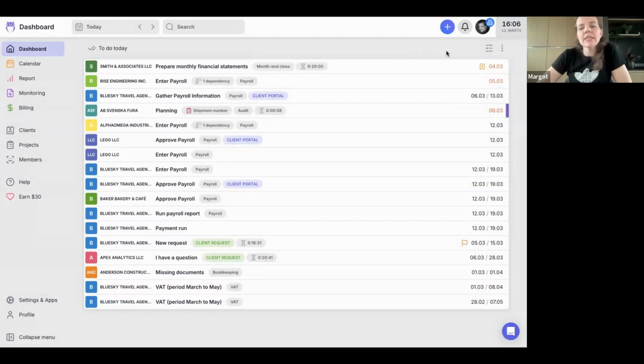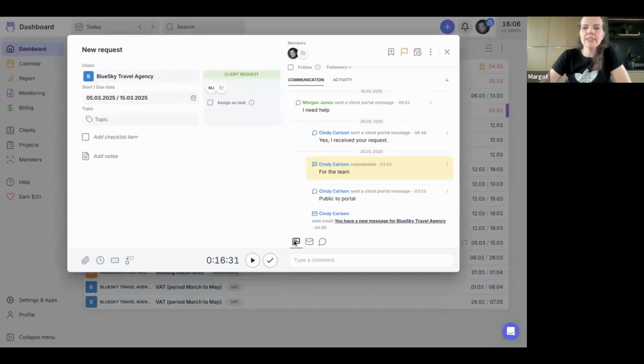Now, staying to the concept of having a dashboard that tells you everything that you need to do, we have also brought in communication methods to Uku to help you keep communication around the pieces of work that you need to do in one place. So for example, here under this task,